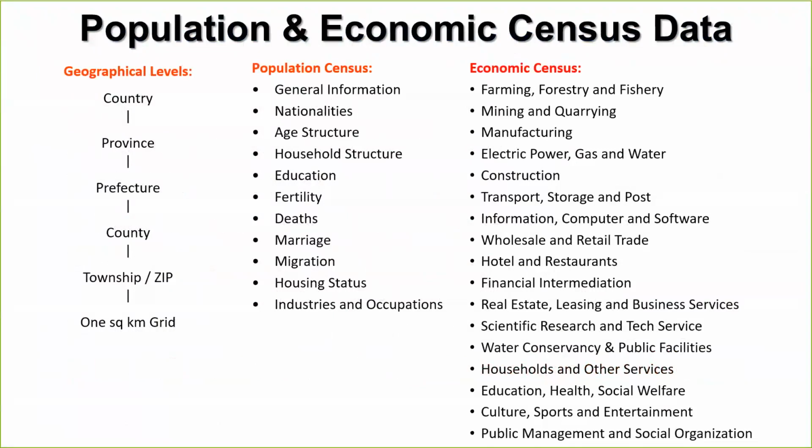Those data cover general information, nationalities, ethnic groups, age structure, household structure, education, fertility, death, marriage, migration, housing status, and industrial occupations. The economic census covers more than 900 different categories, from manufacturing to